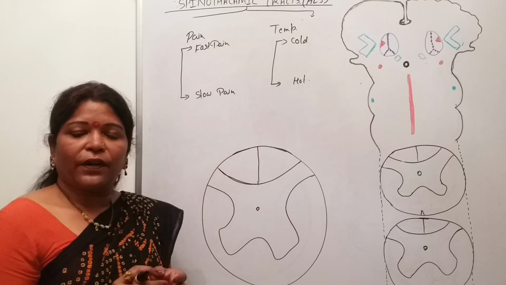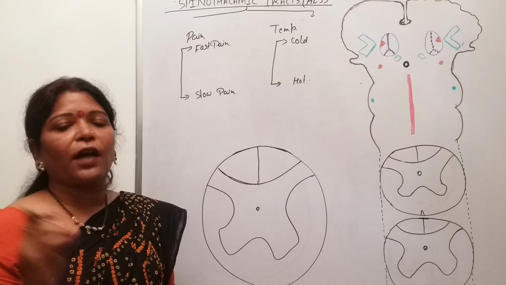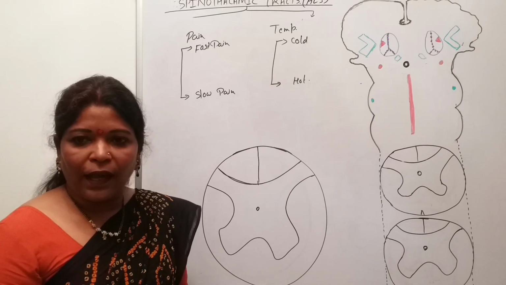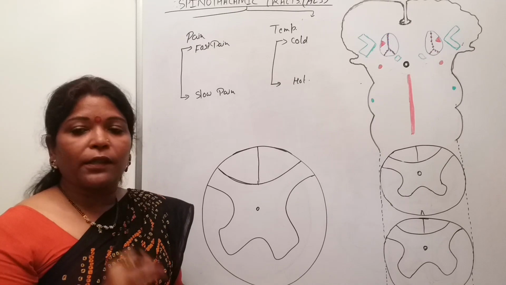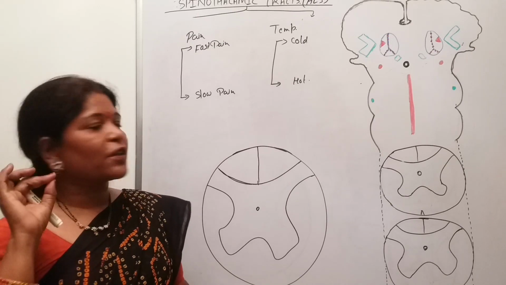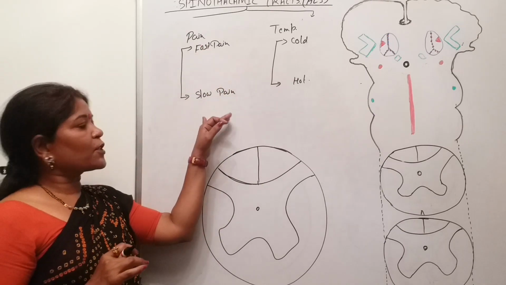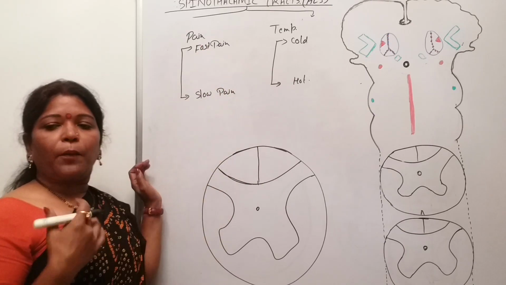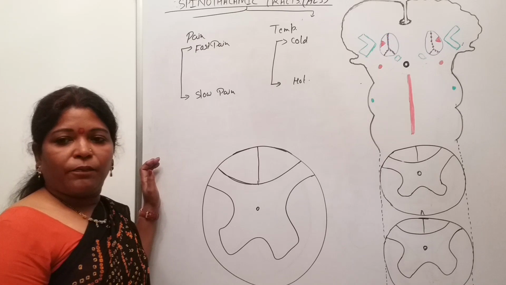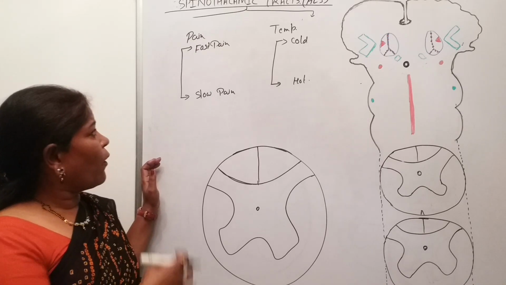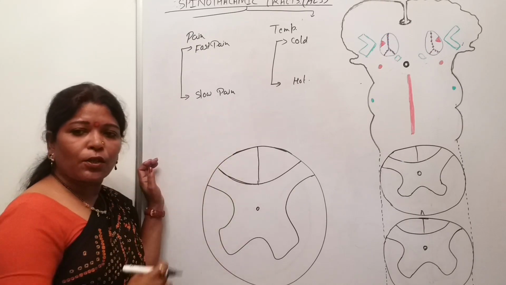The example I am giving you of fast pain: whenever you go to the first year physiology lab and you are asked to do your blood grouping, you simply prick your finger and do your blood testing. The pain that you feel at that time is a sharp pricking pain. That is the example of fast pain. Slow pain can come from the viscera in the form of colic pain, dull pain, or throbbing pain. All are examples of slow pain.